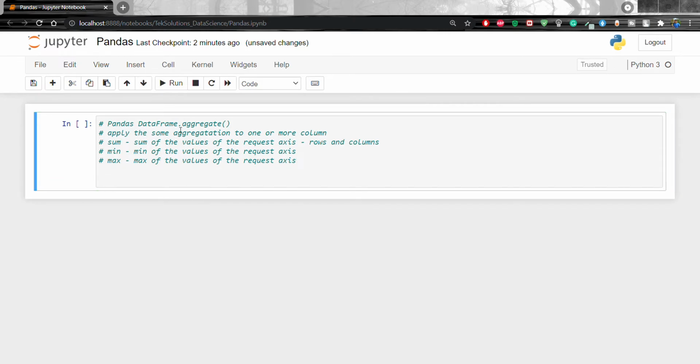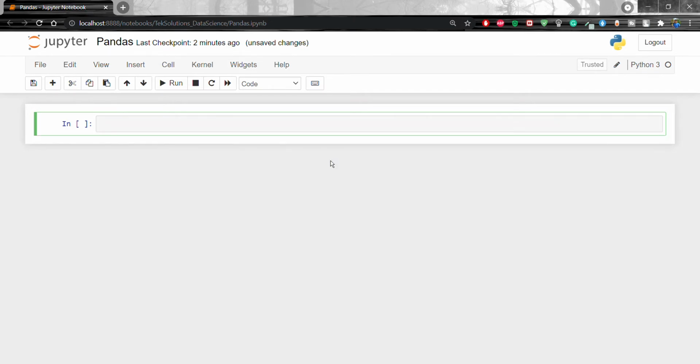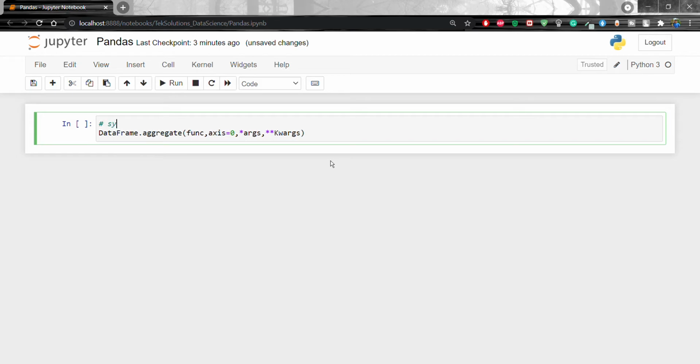So what is the syntax of the aggregate function? DataFrame.aggregate, and we are going to pass func, axis, which is by default 0, args and kwargs.